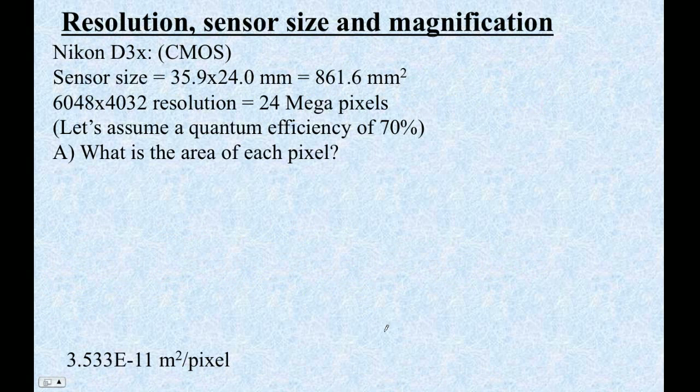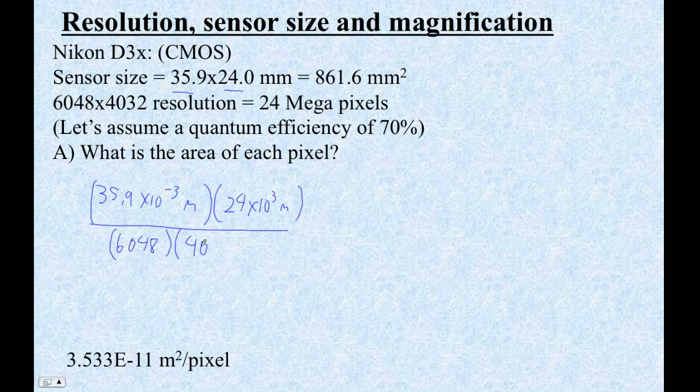Okay, so here's a Nikon D3X, right? What's the area of each pixel? Well, if it's this by this, right, then it's going to be 35.9 times 10 to the minus third meters, times 24 times 10 to the minus third meters, divided by a lot of pixels, right, divided by 6048